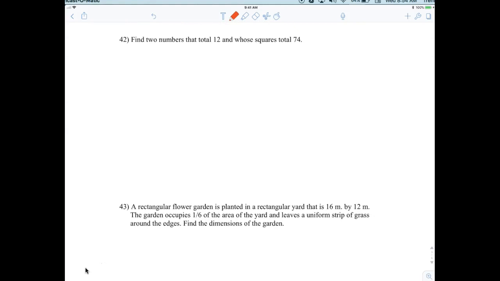Find 2 numbers that total 12 and whose squares total 74. What does that mean? If you total them, you're adding them together. So here's what I'm thinking. X plus Y has to equal 12. And then I want their squares to equal what? So that would be X squared plus Y squared equals